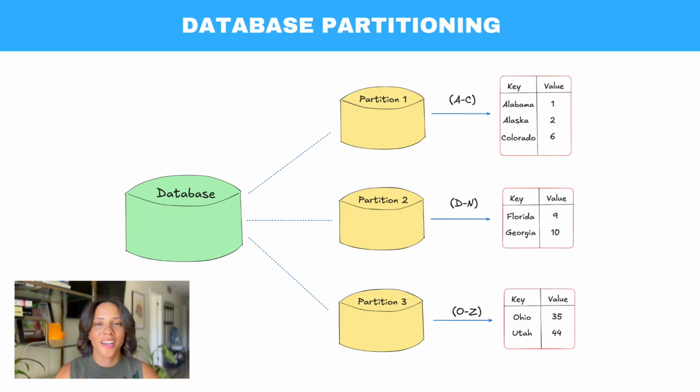So database partitioning is the act of splitting up our big data set so that different servers handle different portions of the load. We can compare the concept of database replication and database partitioning to the concept of a library. Think of all the books in a library as one big data set. When we have multiple copies of a single book, we can compare that to database replication.